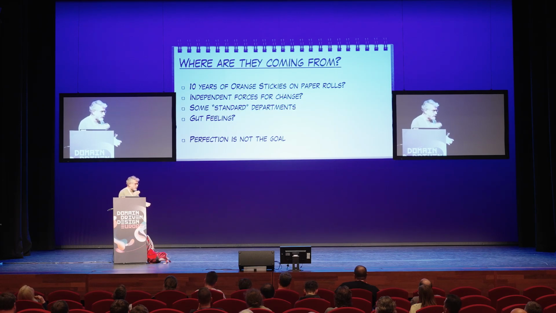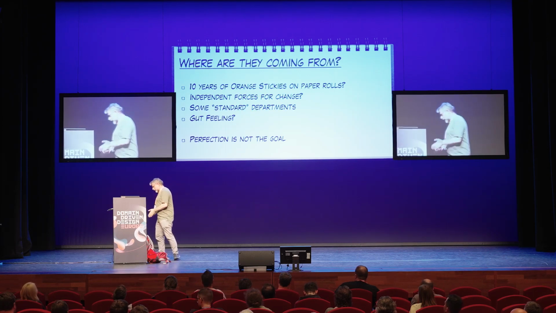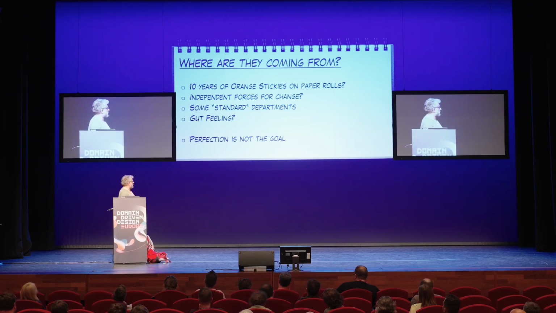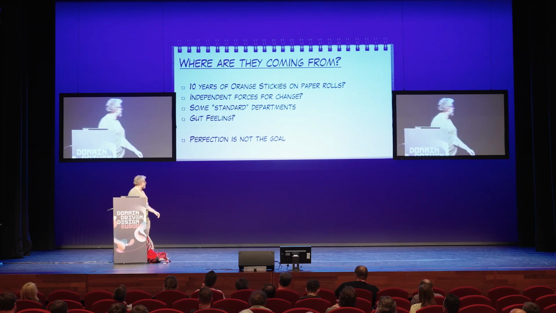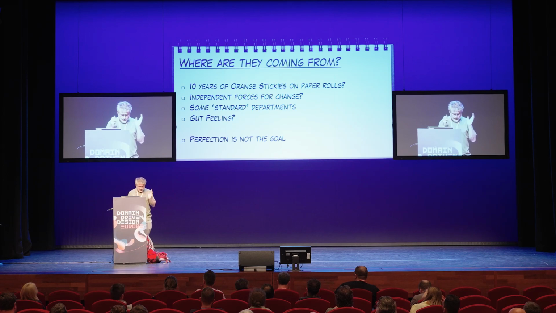It comes from looking for independent purposes inside the organization, maybe some standard departments. Every organization has some body responsible for billing and accounting. And sometimes also gut feeling. A planning problem is different from a procurement problem, and so on. But don't look at it as a template. It's not about perfection. It's about having some structure to refer to.